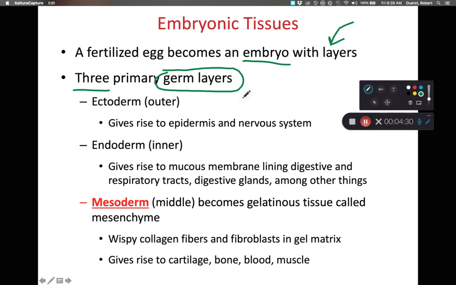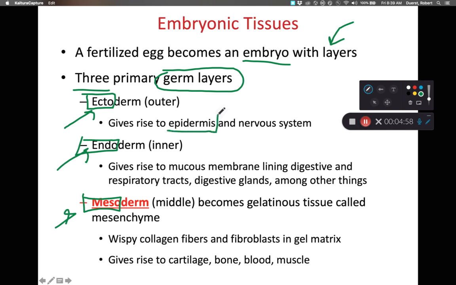The root word here is related to germinate. Think of plants germinating in your garden bed, because these are the very early stages of tissue development. We have the ecto, endo, and mesoderms. Ecto means out, endo means in, meso means middle. So as we look at it, the ectoderm gives rise to the tissues on the outside of our body,